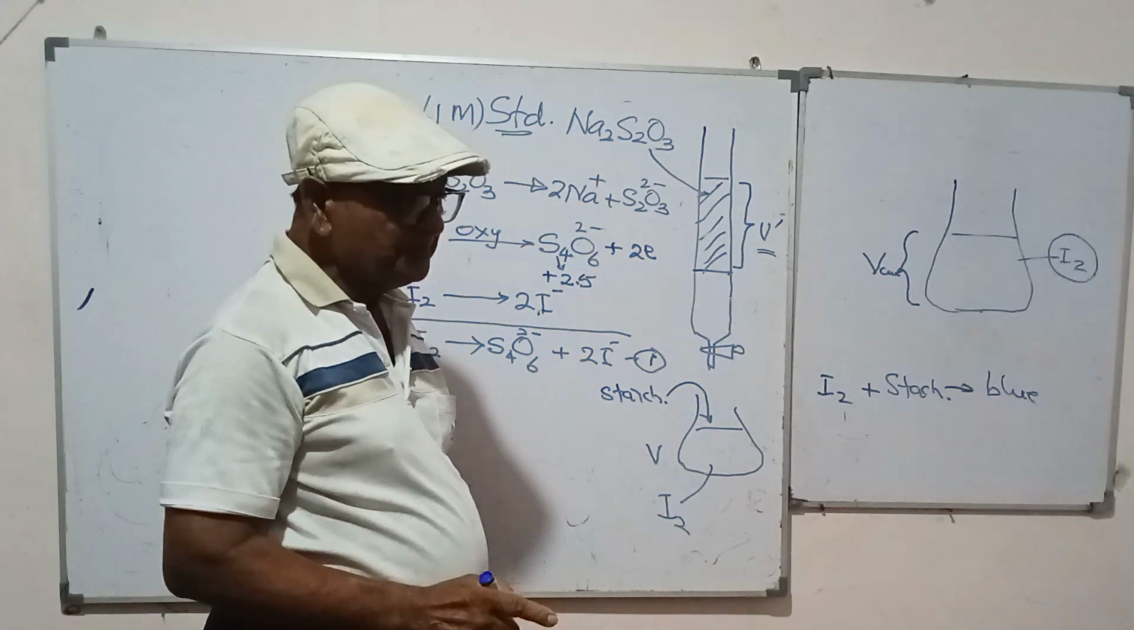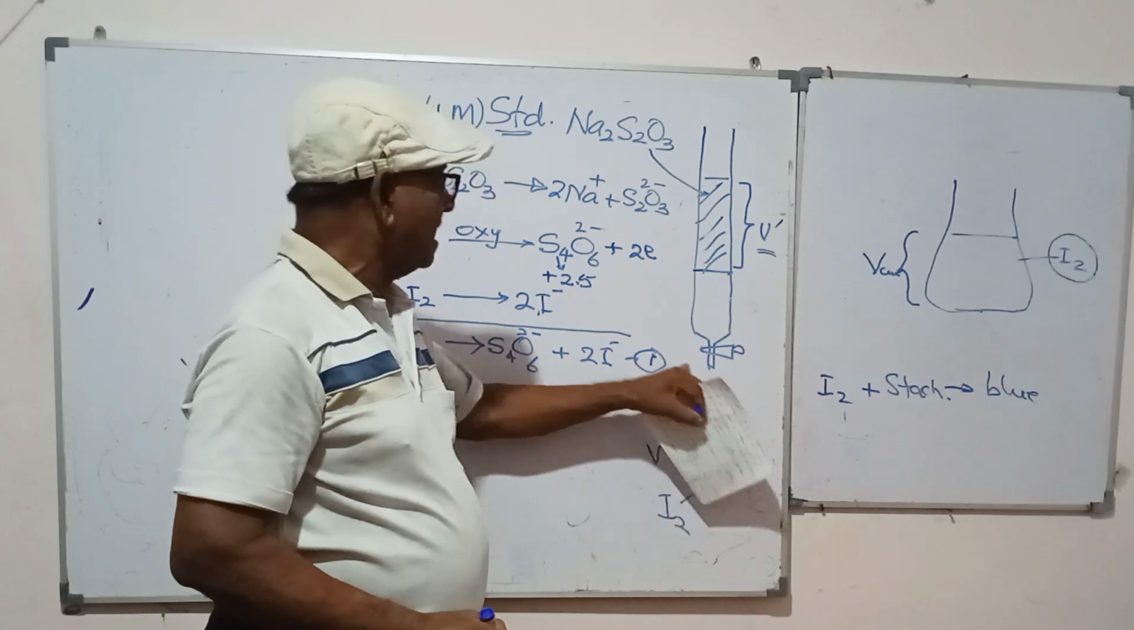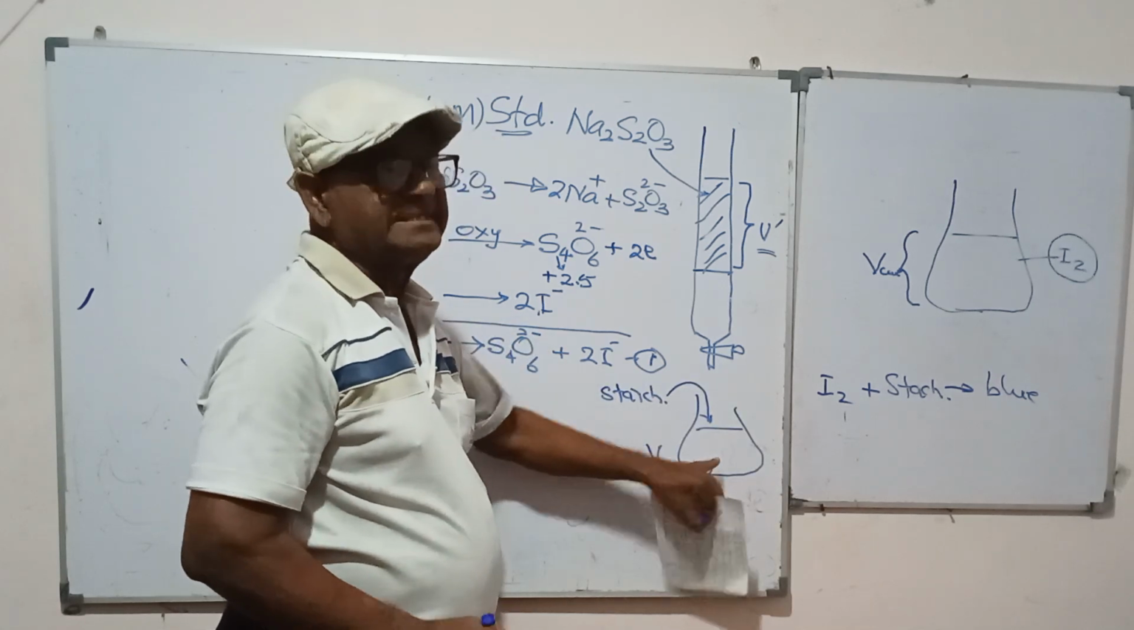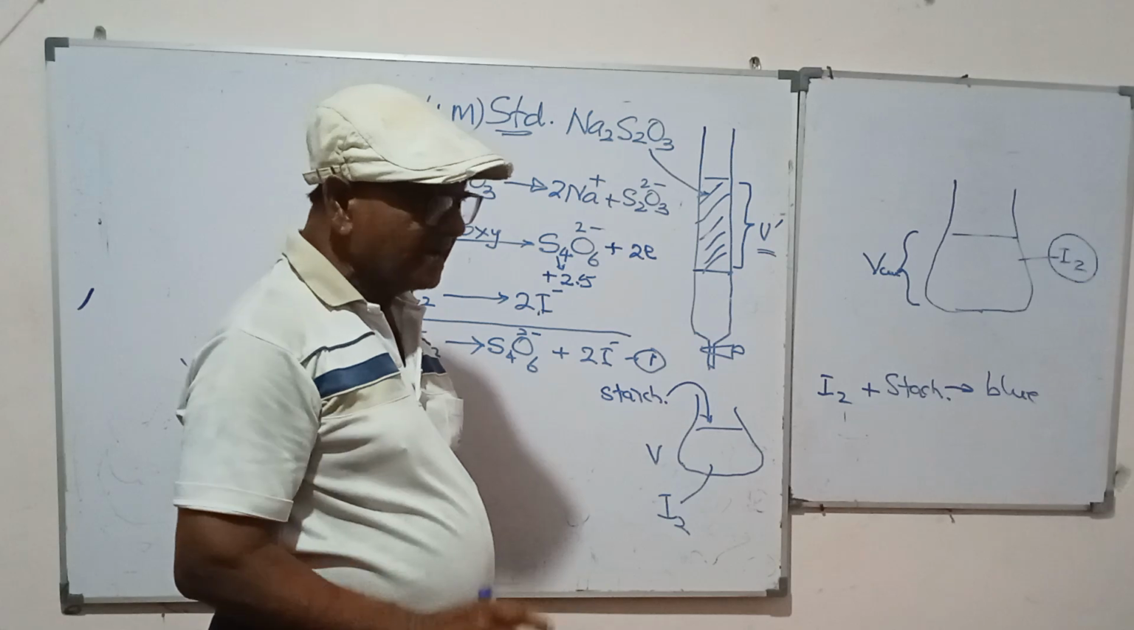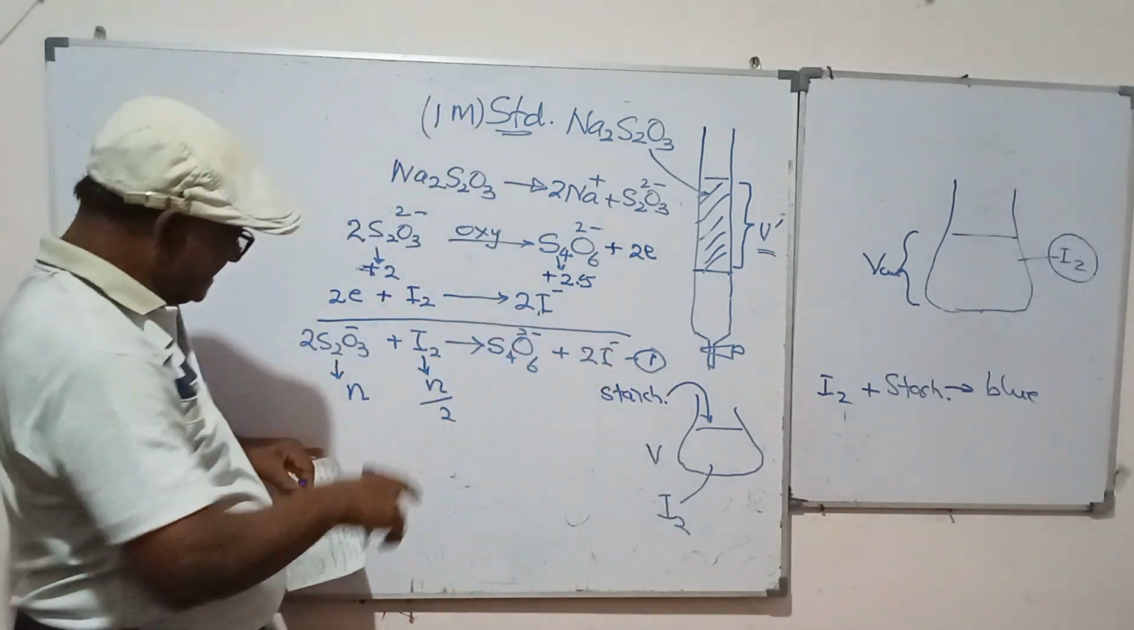Solution becomes blue. Starch has the white color. White colored starch becomes blue colored. It is the initial color. Then you are clear that